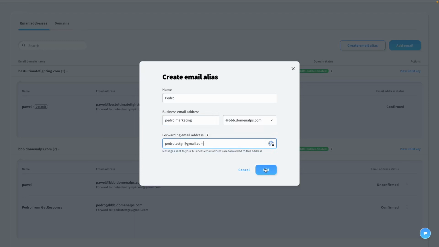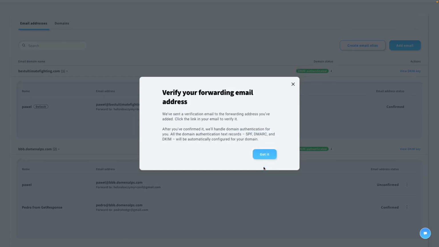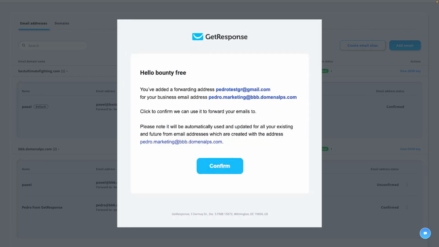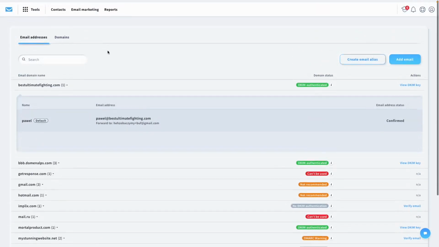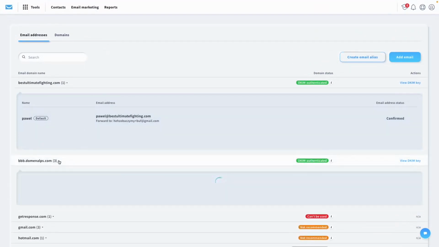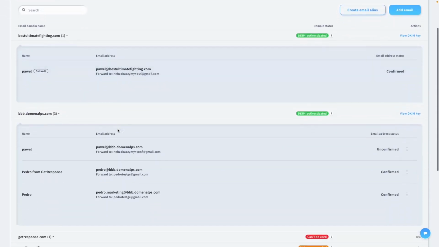So let's just click add, and this means that the forwarding email is the one that will receive the confirmation message that we will see right now. So if I click add, I will then receive this confirmation, and then you will see me added. So let's come back in a second. Alright, now we are back and we are already confirmed. So let's see over here. So Pedro marketing at